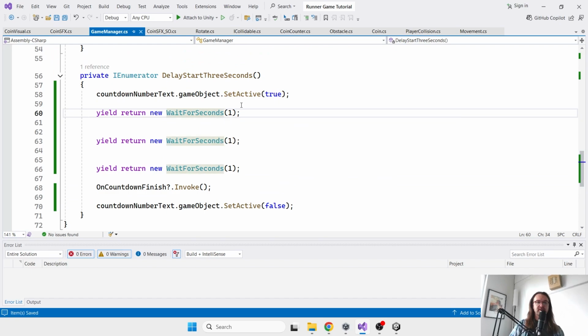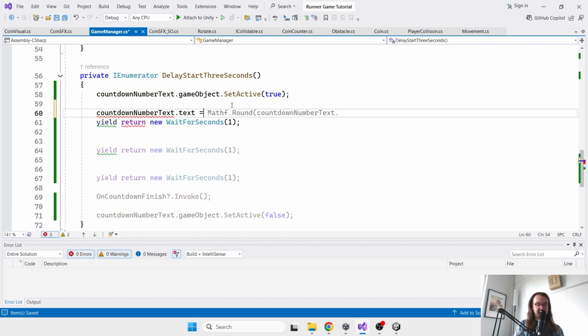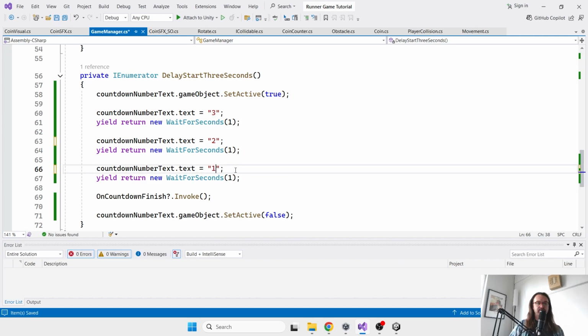Okay, and after every second, let's update the text. So at the very beginning, I guess we'll want to say countdown number text dot text is equal to just a 3. Okay, then we'll wait a second, and then we'll change it to a 2. Then we'll wait a second, then we'll change it to a 1. Then we'll wait a second, and then I guess we could probably set it to something like